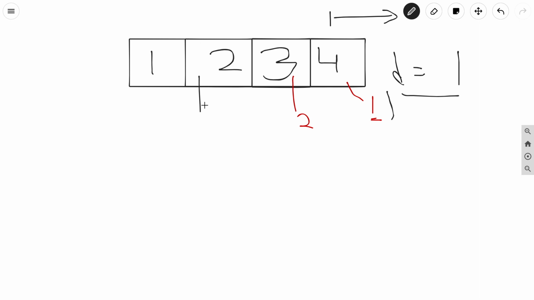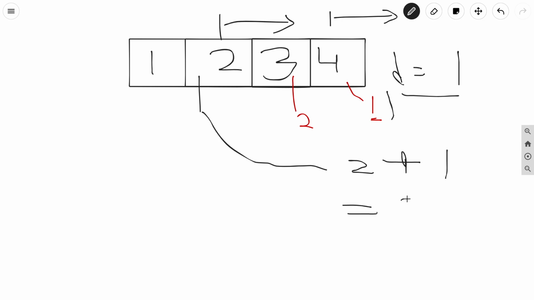We will check whether there is any number like 2 plus d in this array after this index. d is 1 here, so 2 plus 1 is nothing but 3. So we will check for 3, and you can see that yes, there is 3.